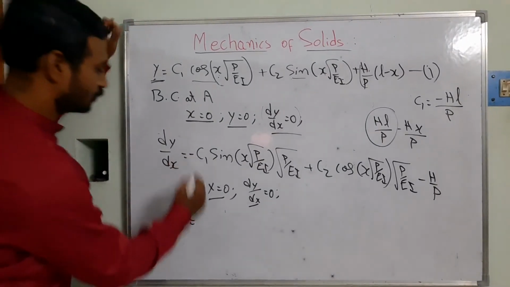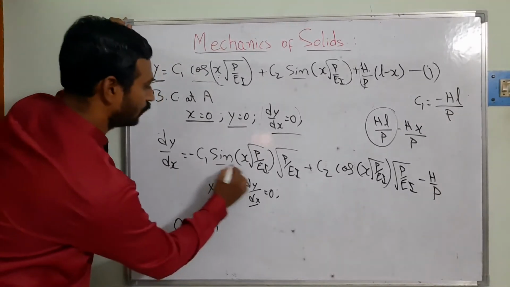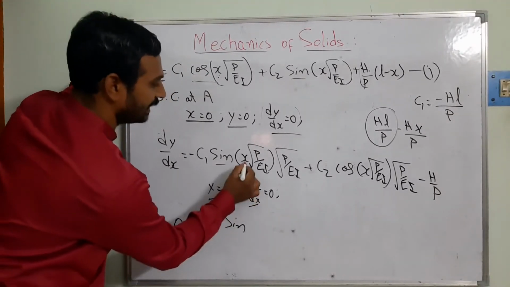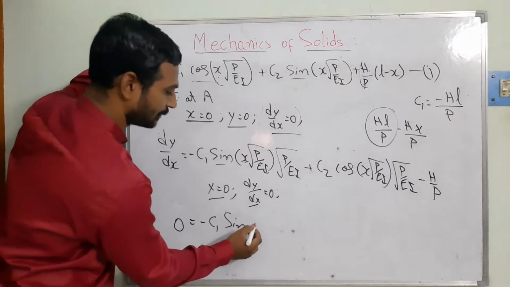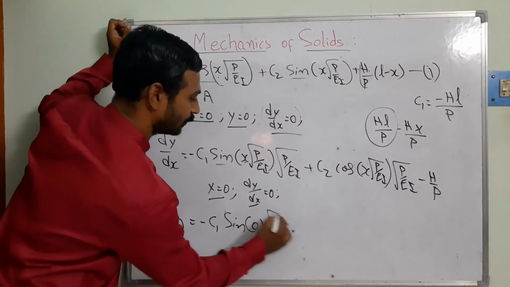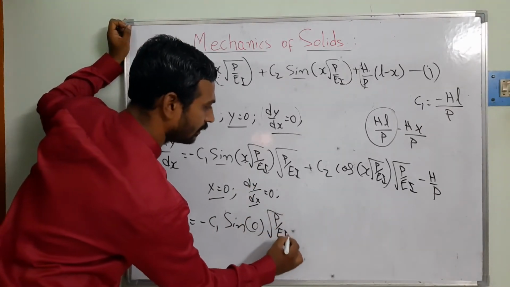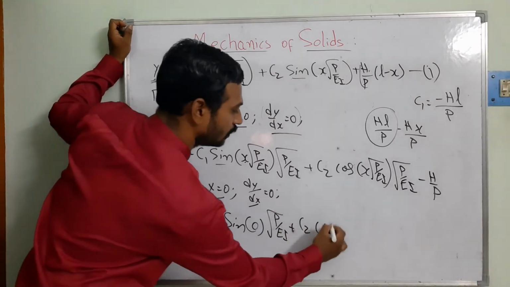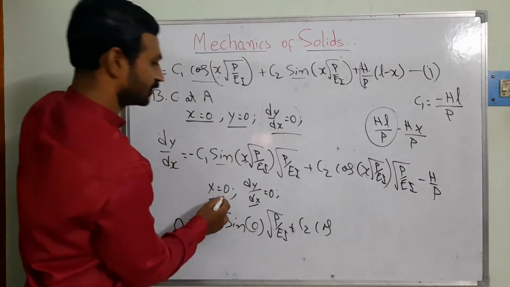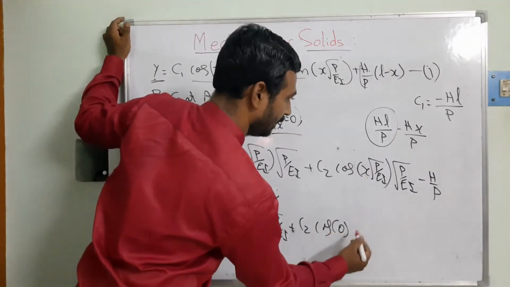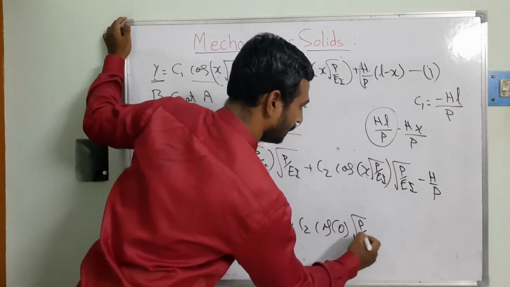So now I'm substituting minus C1 into sine. The sine here, x is equal to 0, I'm substituting, this will become 0, and square root of P by EI, plus C2 into cos, x will become 0 here, so cos 0 we are getting, and square root of P by EI